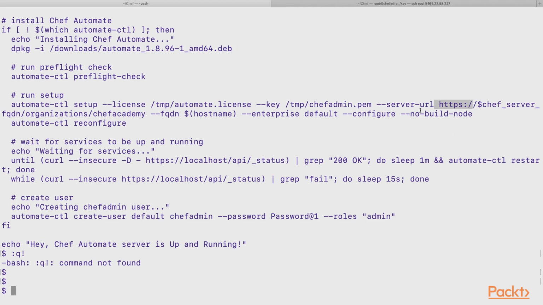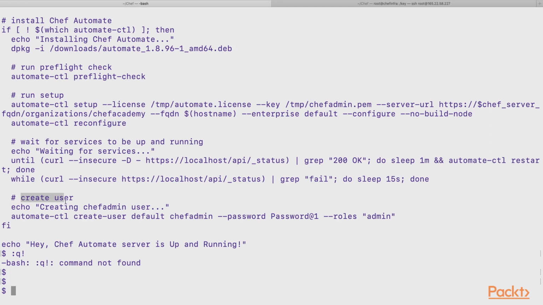Once we do this, you would go ahead and run automate-ctl reconfigure. automate-ctl is the command line interface for Chef Automate, and we are asking the script to execute the configure command over there. We would wait for the services to be up and running, and once they are up and